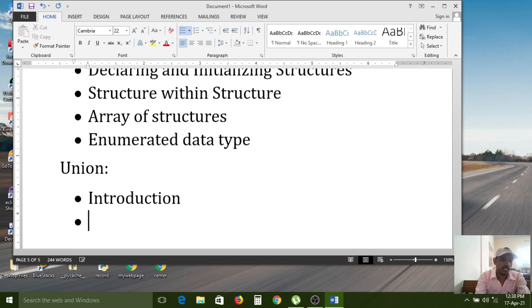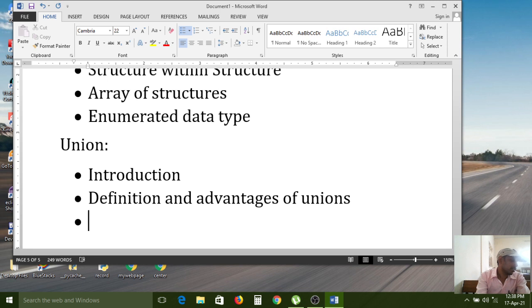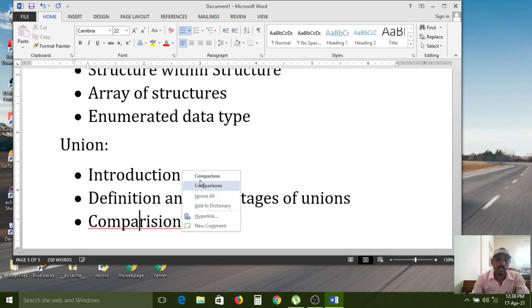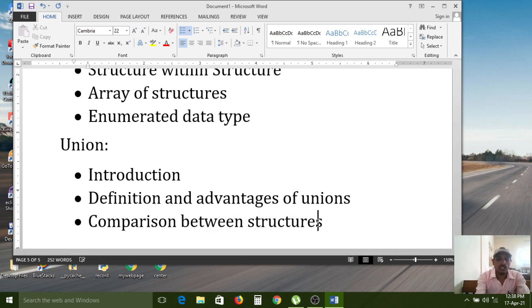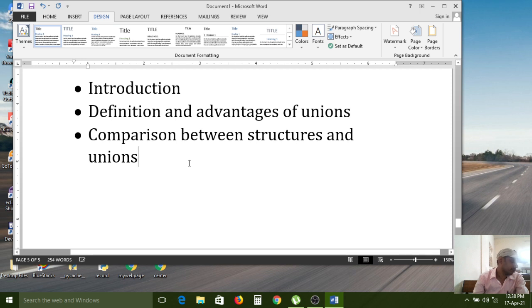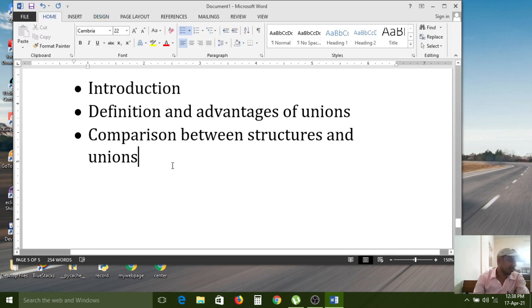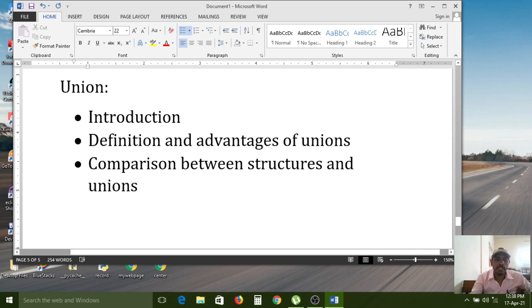Simple introduction, definition and advantages of unions. Next, comparison of structures and unions. So till now, the 4th unit is also completed.